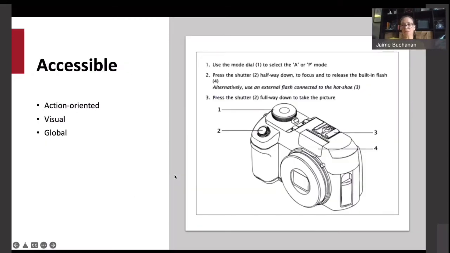Secondly, technical communication must be accessible. Since it is used to achieve a purpose, it must be formatted in such a way that it successfully helps the reader navigate and find the information that they need. So again, this goes back to technical communication being action-oriented, something Peter mentioned. Technical readers are motivated by a need to accomplish something.